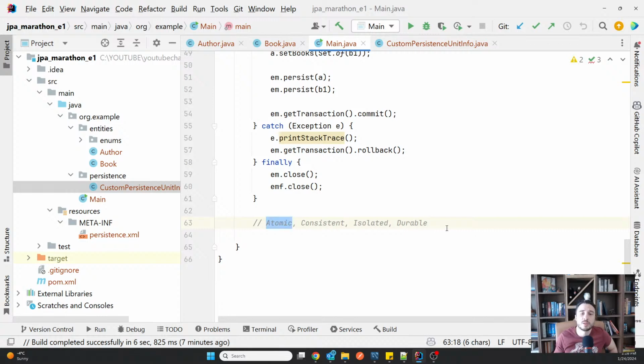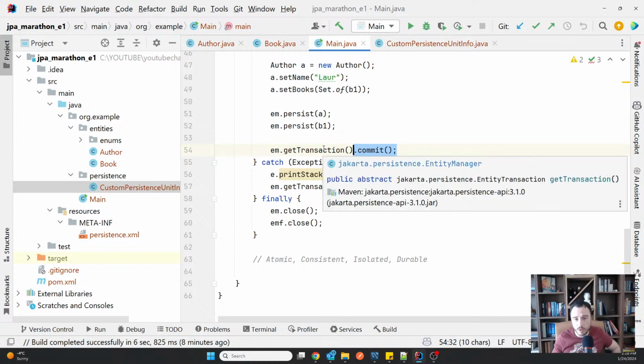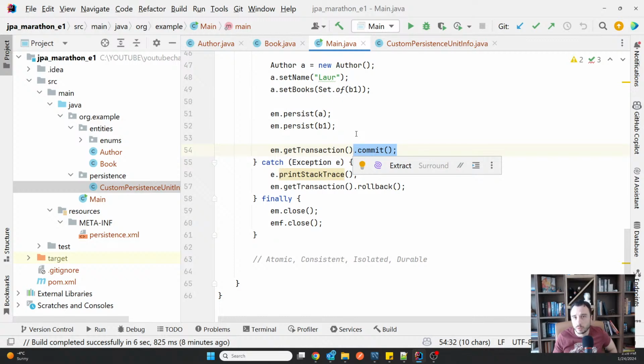Atomicity is, of course, referring to the transaction, the fact that the transaction is either committing, and that means it worked and all the operations inside all of them worked, or none of them. Meaning if you have multiple changes, when you commit, they have all been committed, and if you roll back, they have all been rolled back. So you cannot have a situation where some of them are committed and some of them not. That's the atomicity. We say that we make multiple operations atomic. They are either all of them executed or none.